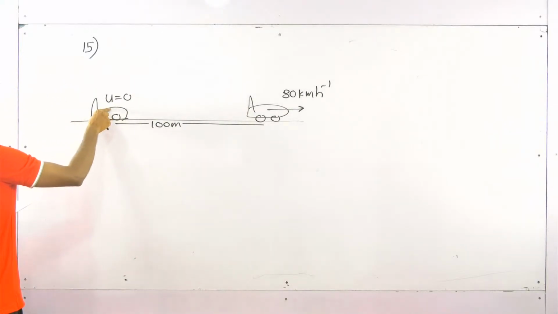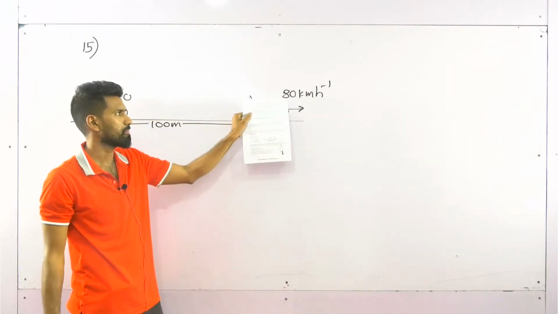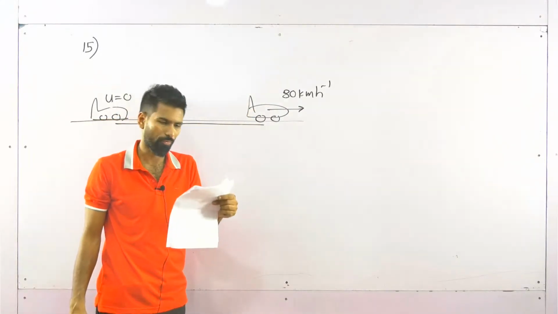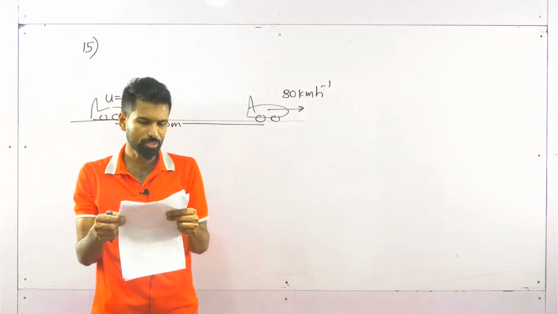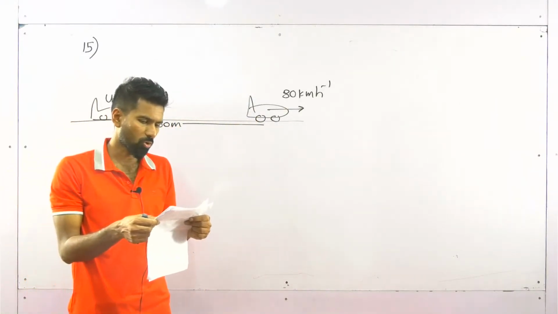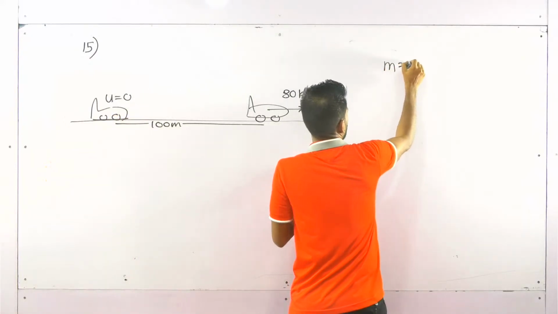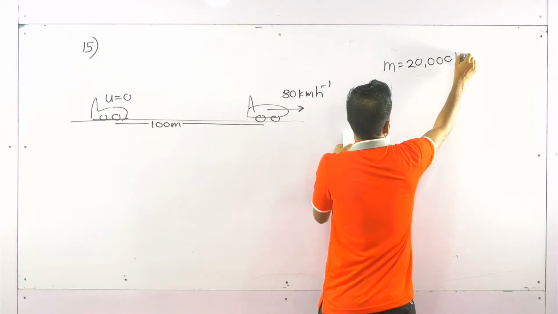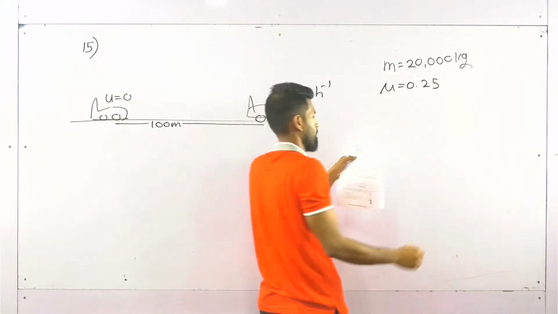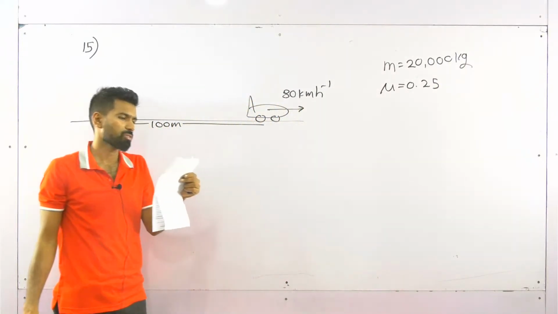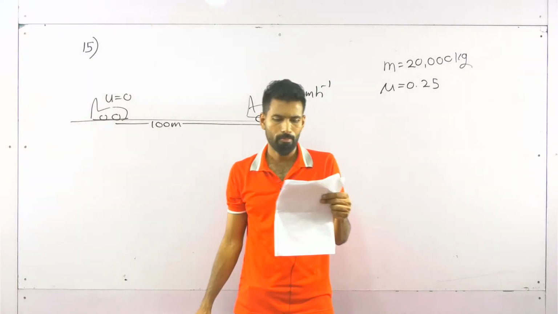Airplane is initially at rest. After a 100-meter distance, it has to gain a velocity of 80 kilometers per hour for the takeoff. The mass of the plane is 20,000 kilograms and the coefficient of friction between the plane and the ground is 0.25. Assuming that the plane accelerates uniformly during the takeoff, the minimum force required by the engine to